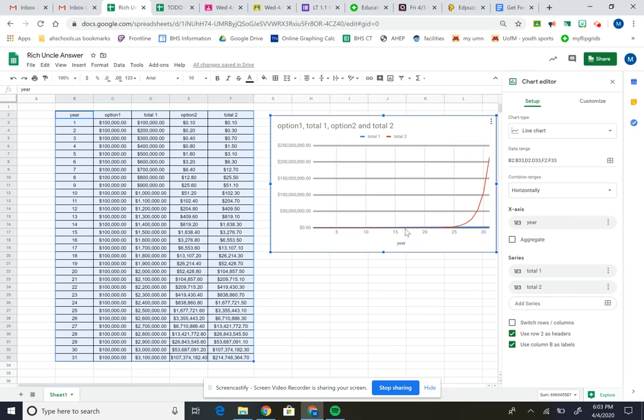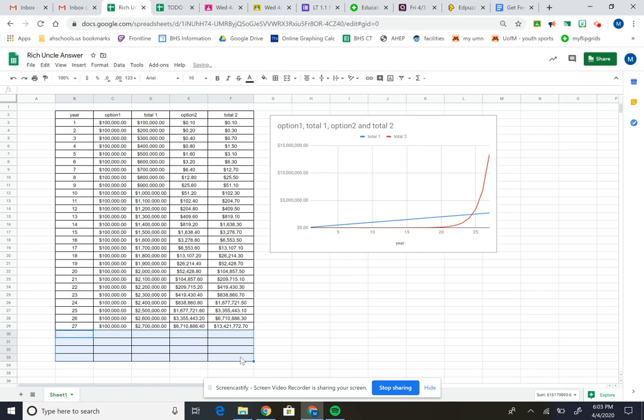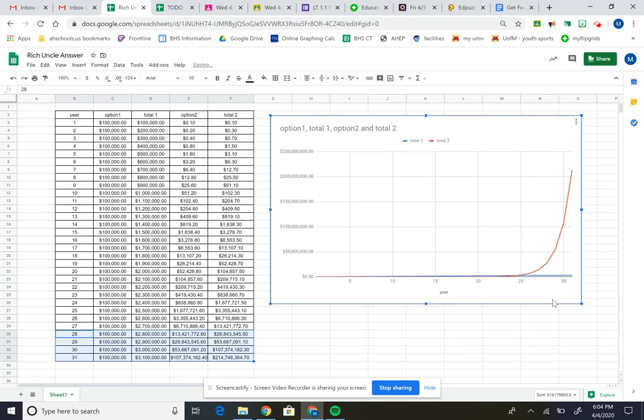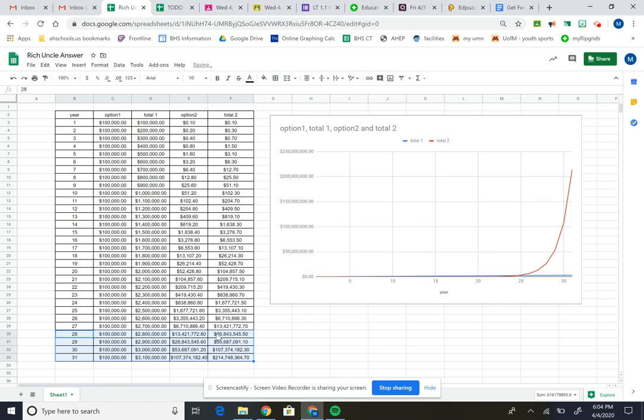And now it's kind of hard to see because option two blows up so much that it really dwarfs option one's total. If we go over here and just delete maybe the last couple rows, you can see it a little bit better. So they're closer together now. But if we continue to graph on, option two just gets so huge that there's no point. We can't even see option one anymore. It's way down there. So maybe a little bit better view is to remove the last four rows. Delete those out. You kind of get